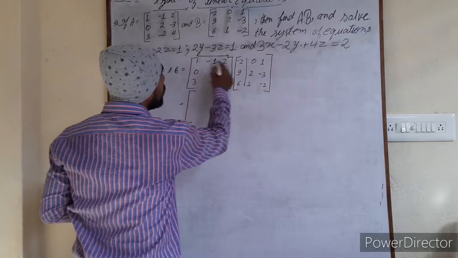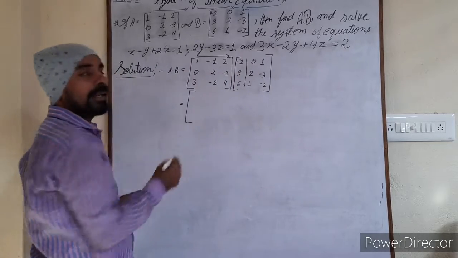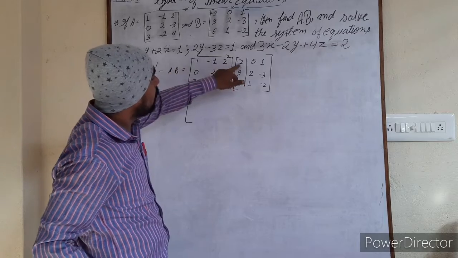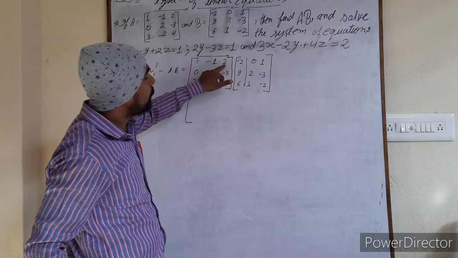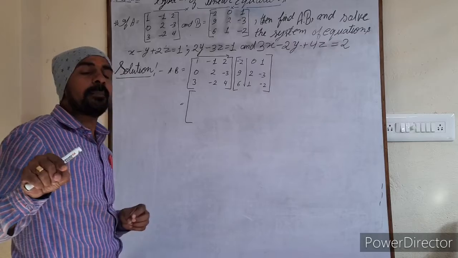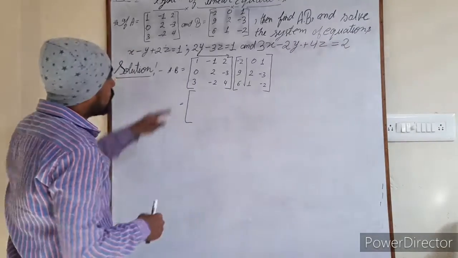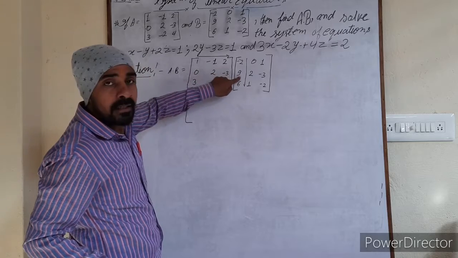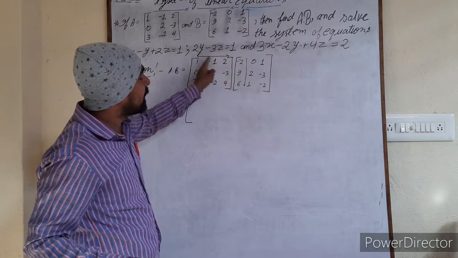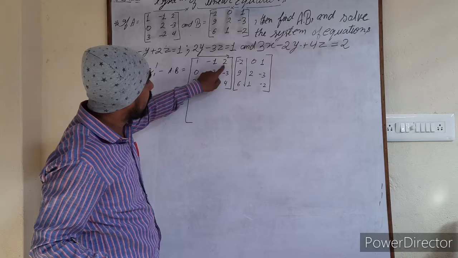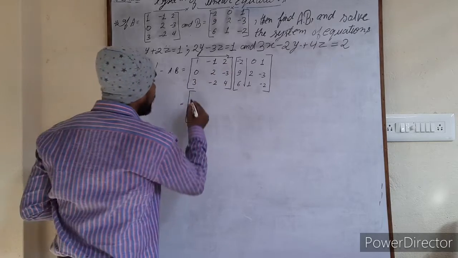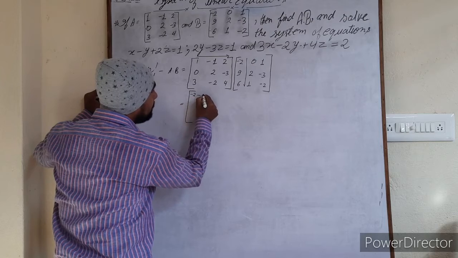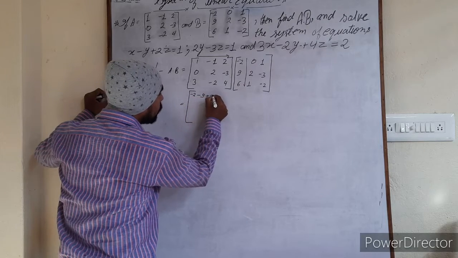For getting the first row and first column, that is the 1 1 element, you will find out the product of 1 and minus 2, then 0 and 0, then 3 and 1, and these three products will be added. So this is 1 into minus 2, minus 2, minus 1 into 9, minus 9, that is minus 2 and minus 9, minus 11, and plus 12. So what you will get? 1 only. That is minus 2 minus 9 plus 12.